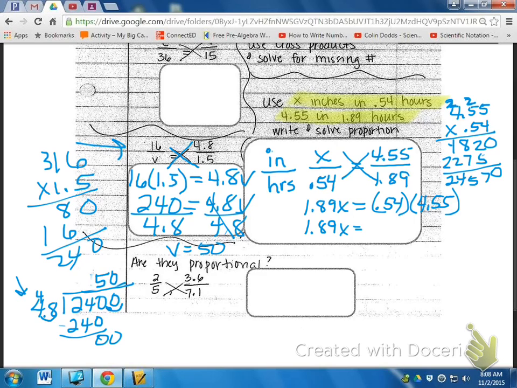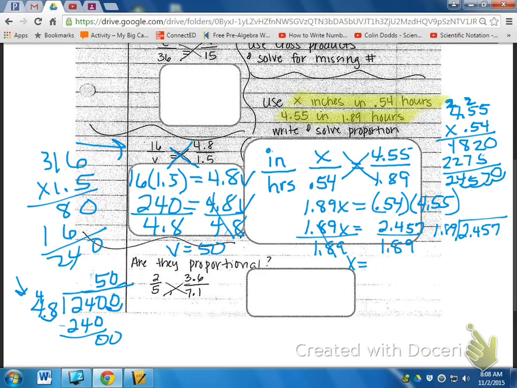And there's actually 4 decimal places in the problem. So if I go 1, 2, 3, 4, 2.4570, I'm not going to write the 0, divide by 1.89, and x equals, okay, this should be nice and messy, right? 2.457